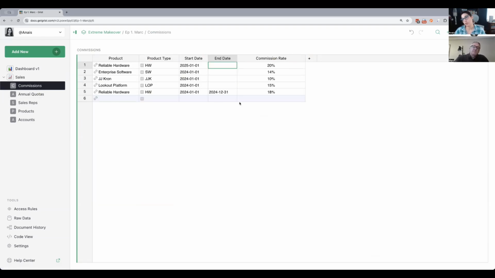And what it's doing is two things. It's looking at the product, and then it's comparing the close date to the dates in this table to find which is the correct or valid commission rate in case they change over time. So for example, reliable hardware, here I made up 18% in 2024, and then in 2025 it bumped up to